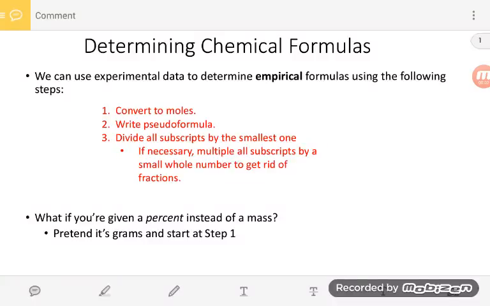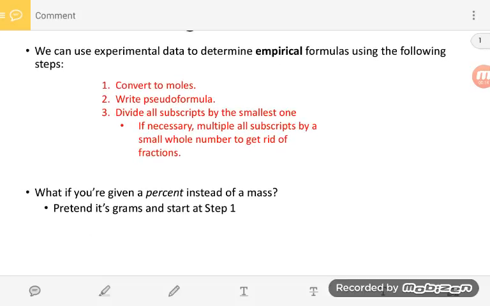One skill that chemists need to use in the lab is to be able to use data to determine chemical formulas for compounds. We try and do this all the time, and this is something that's often represented in the media. You have some sample, you take it to the lab, and you try and figure out what was in it. Well, it's not quite as easy as they often make it seem in TV and movies, but it is